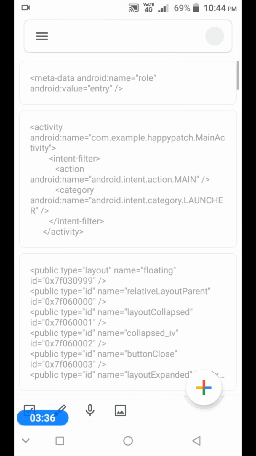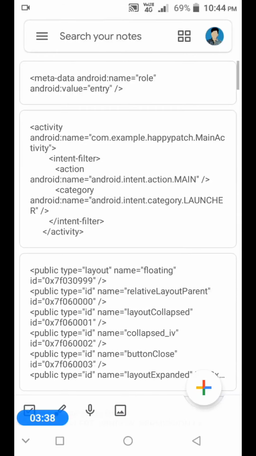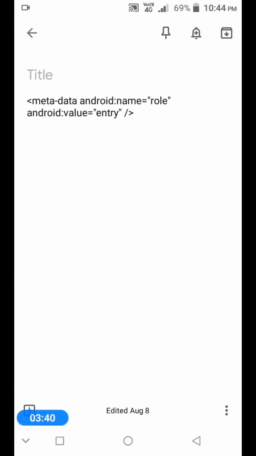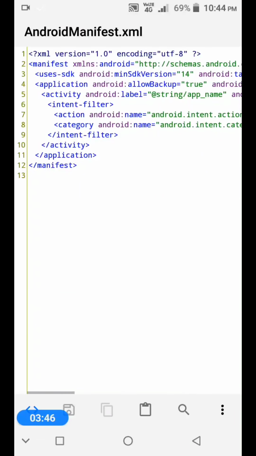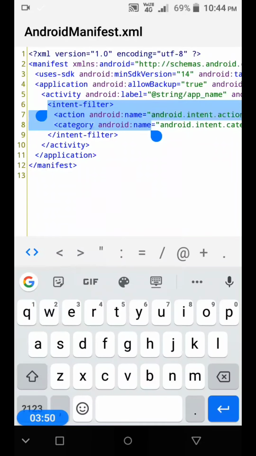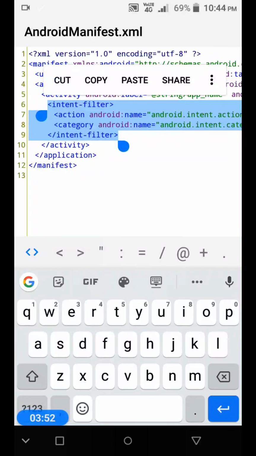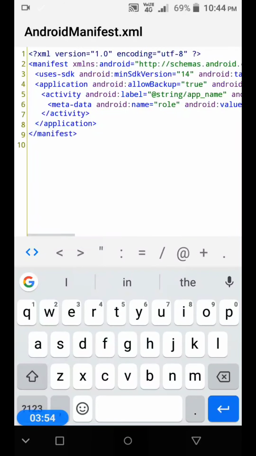I will show you how to do that. You copy this code and paste it below this activity, that is the main activity. So the first step is done.